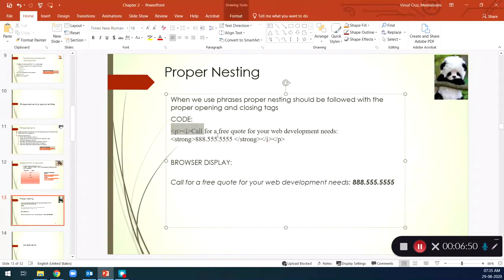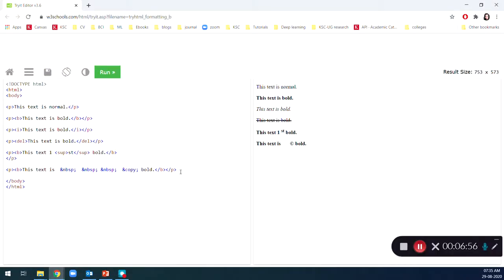I'm just going to copy this code from the slide and use the Try It portal to create content with nesting. You can see I have used the paragraph tag, the italic tag, and for this number I have used the strong tag. These are all text formatting tags.